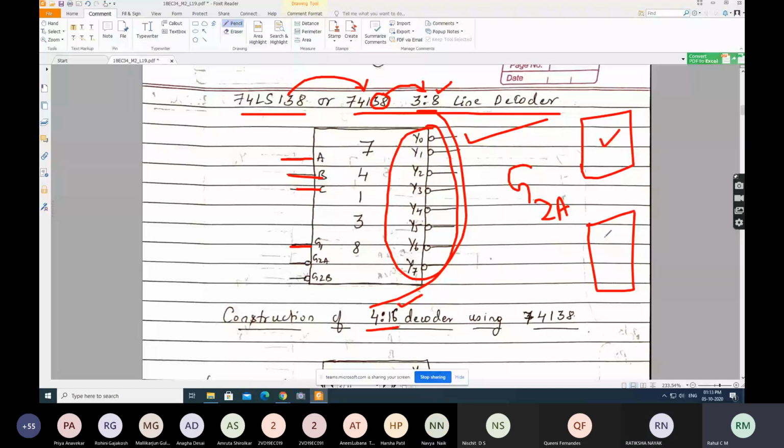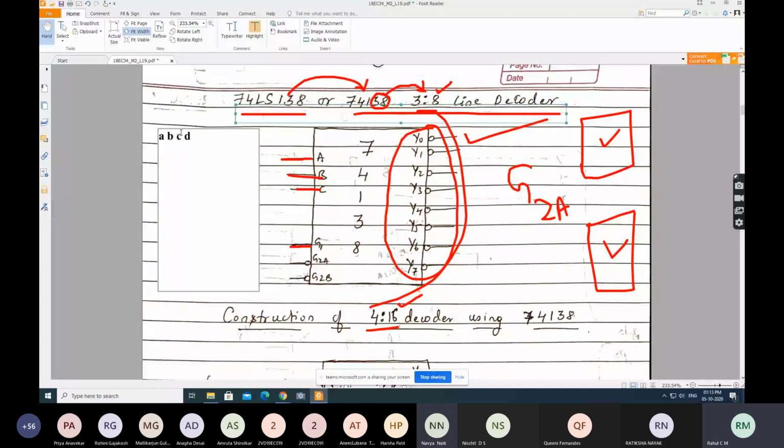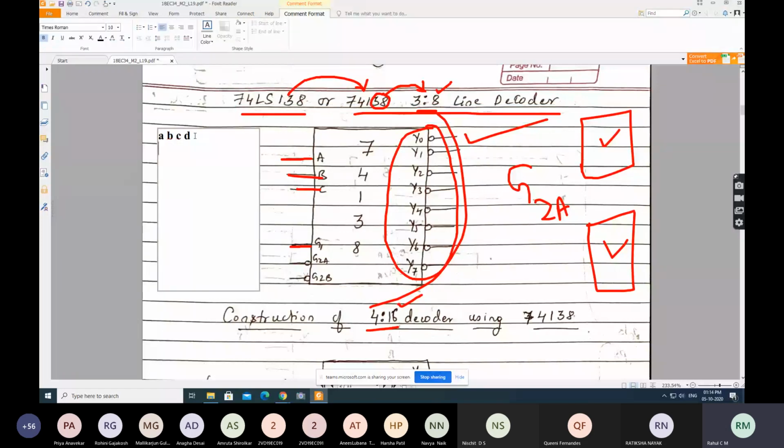For God's sake, don't forget this point. This will be the most important point. Right? So I will write a truth table here. Say A, B, C, D. Fine. The truth table starts from 0, 0, 0, 0. Correct? It will go till 0, 1, 1, 1. Then 1, 0, 0, 0. It goes till 1, 1, 1, 1.